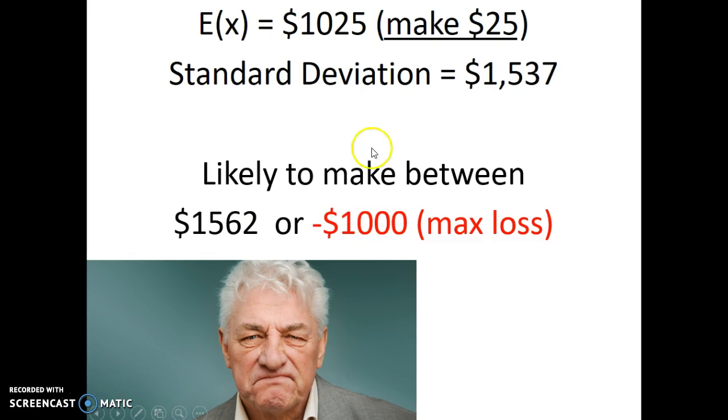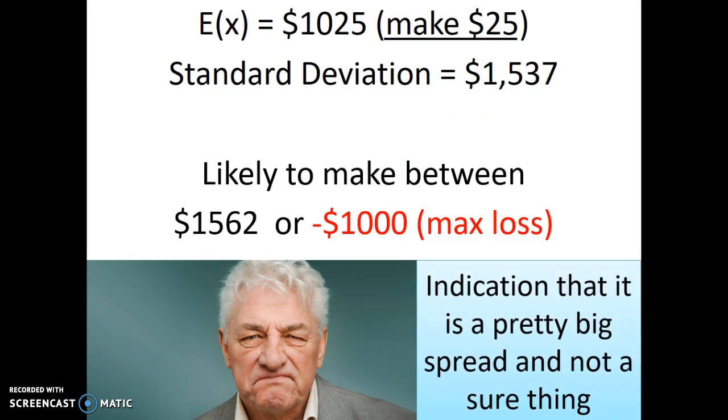This would be losing beyond just what he actually paid. So these are our max loss. So now you need to kind of think a little bit harder. That means that it's pretty spread out, the standard deviation, and so great things can happen, but really bad things can happen. So you might think twice before you start gambling on number 5. All right?